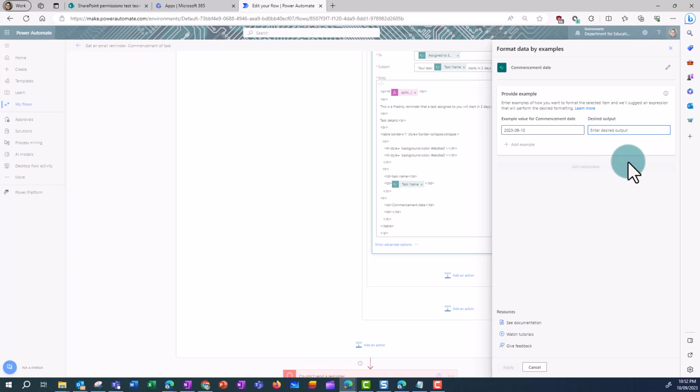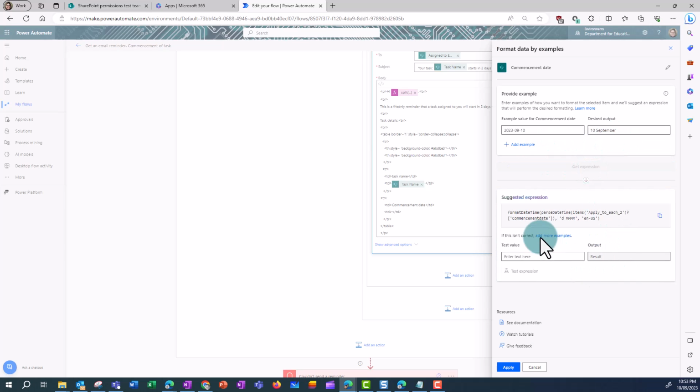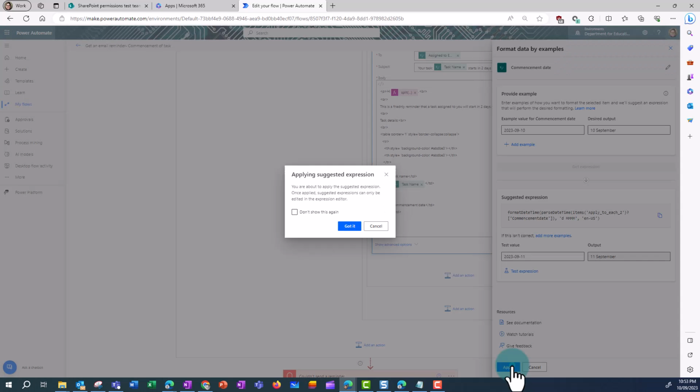And I want that instead to be the 10th of September, so the name of the month instead of a number, and I'm not going to worry about the year. Click on Get Expression, it's put that in an expression for me. Again, I can test that by entering something in here. I'm going to change it to the 11th and test,